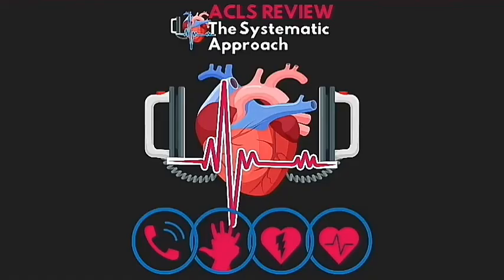First lesson in a new series that I'm doing reviewing a very important concept in the world of critical care, our Advanced Cardiac Life Support, or ACLS. Now, years of expertise of many practitioners around the world, along with the American Heart Association, have come together with guidelines, algorithms, and really best practices for us with the end goal of improving patient outcomes in these life-threatening